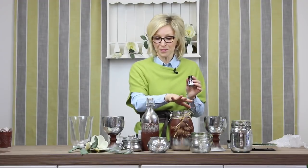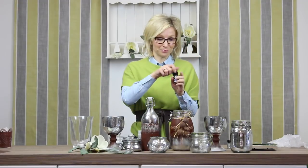Now, with this product, you can apply it using the spray bottle onto literally your glass, your plastic, your card, any surfaces that you would like to achieve a metallic effect. But because this is a mirror spray, you can actually create your own mirror effects, and you can see these samples here. Each one was created simply by transferring this product,